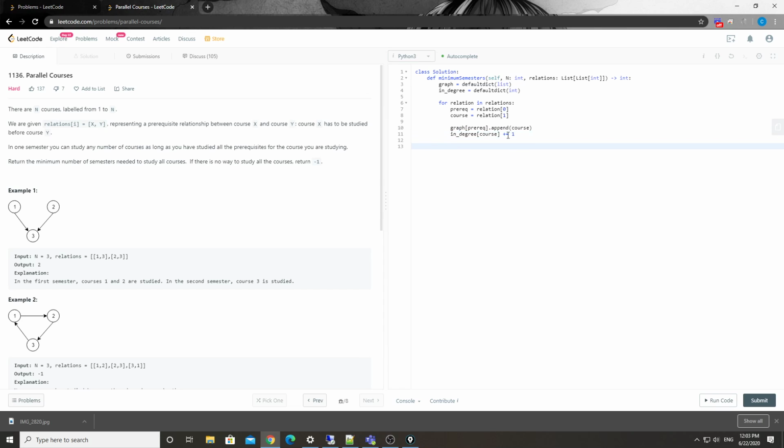That's how we build those two dictionaries. And then what? We need to have a starting point, right? How do we start? At this moment, after building this one, our first iteration will be all the nodes that basically don't have any indegree, right? So we're going to have a queue here